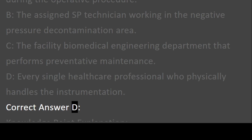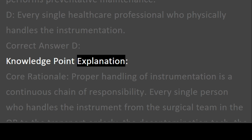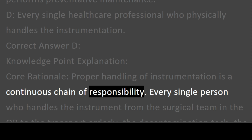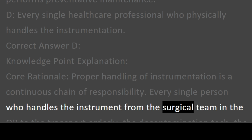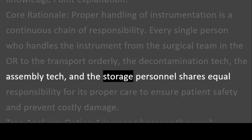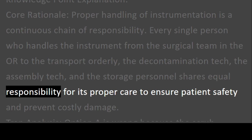Correct answer D. Knowledge point explanation. Core rationale: proper handling of instrumentation is a continuous chain of responsibility. Every single person who handles the instrument, from the surgical team in the OR to the transport orderly, the decontamination tech, the assembly tech, and the storage personnel, shares equal responsibility for its proper care to ensure patient safety and